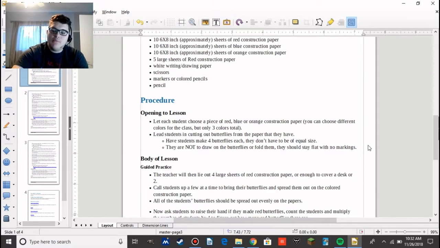However, in order to get more engaged with the students, should you actually go the route that they are to cut out and make their own butterflies, then it would probably make more sense for them to mark and fold and do what they will with the butterflies, simply because the students would be more accepting, more, oh, this is cool, I get to doodle, I get to make my own butterfly. That may be more accepted with girls over boys, or you never know, maybe some of the boys will be cool with it, but